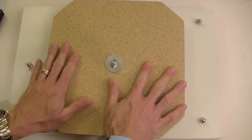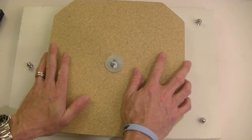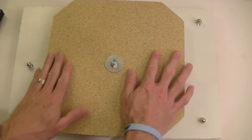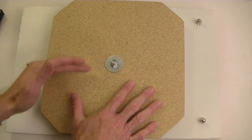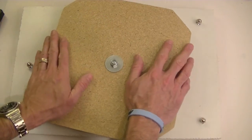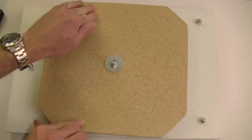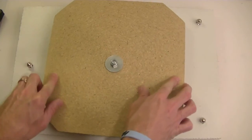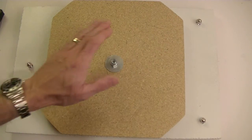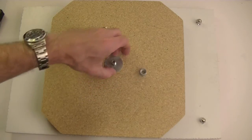So I started out with just wood on wood without the little feet. I didn't like it very much. It was really kind of hard to turn. It was friction, too much friction. And I thought, I get a heli loaded on there, I've got this thing perfectly adjusted and leveled, the last thing I want to do is be struggling to turn it. So I wanted it to turn fairly easy. So this gives me a fairly easy turn because of those gliders. And it works. So the next thing I'm going to do, like I said, is I'm going to tack down